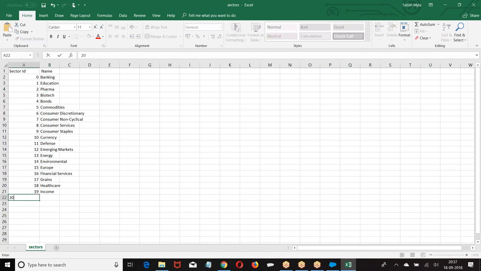I'm giving extra IDs here, 20. So 20, 21, 22 were not there, I created new.